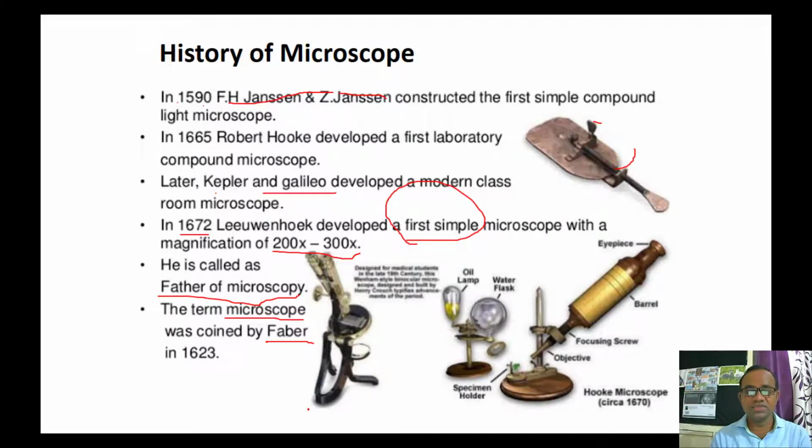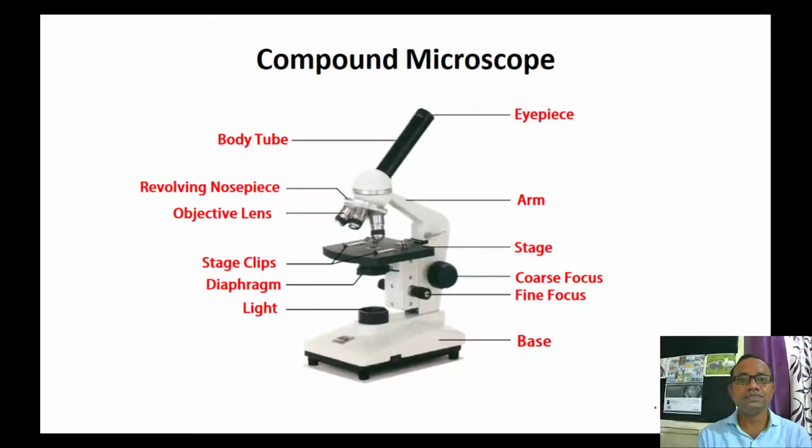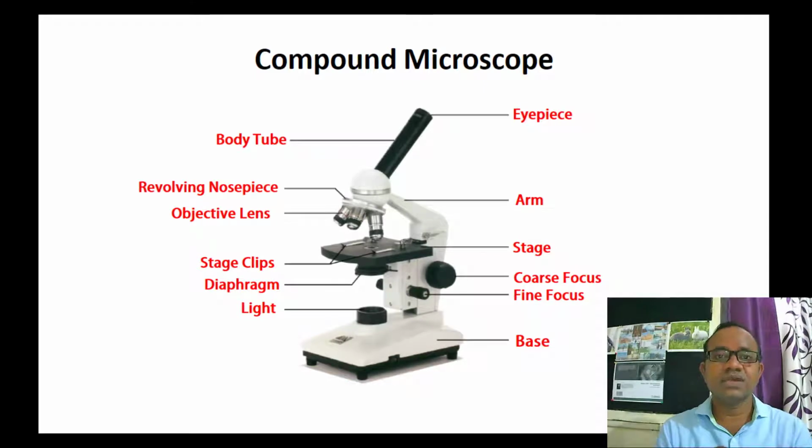So what you can see here are the different types of microscopes. The history repeats itself. Since ancient times, many optical instruments have been invented in order to see small objects. Antony van Leeuwenhoek was the first one to create the microscope with magnification. What we will study today is the compound microscope, which is the very basic microscope present in every laboratory.